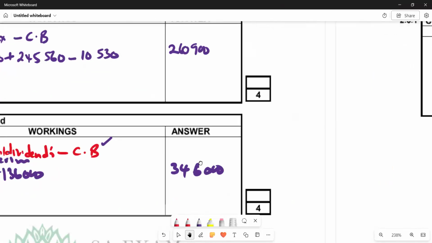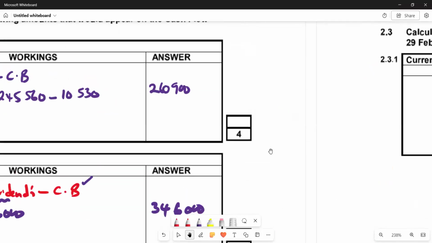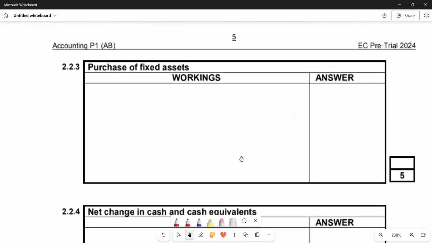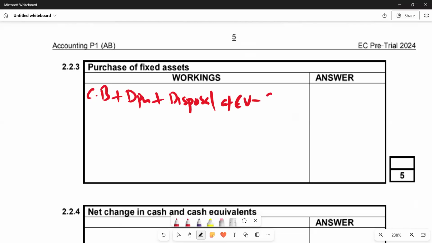So we come here. On the calculation of purchase of fixed assets, the formula that we are employing is: closing balance, we add depreciation for the year, we also add disposal at carrying value, and then we subtract the opening balance. As simple as that. So we are going to say, according to the figures that we have in the question,